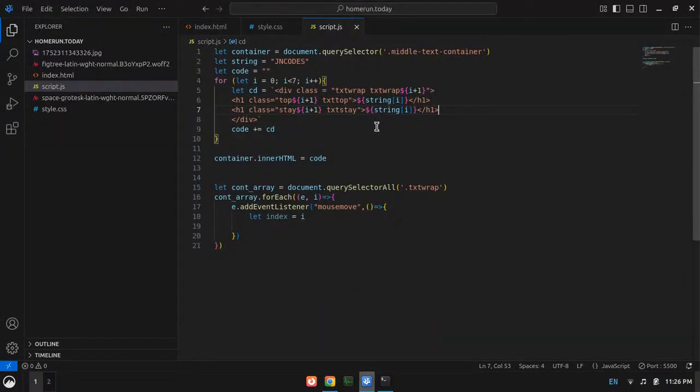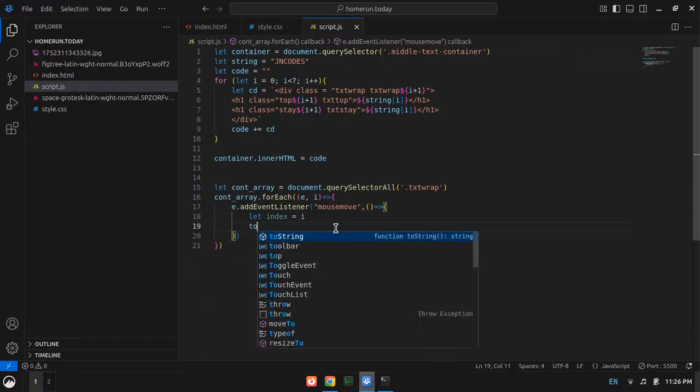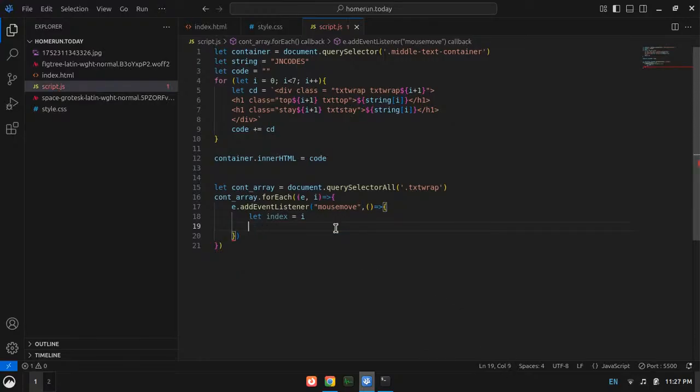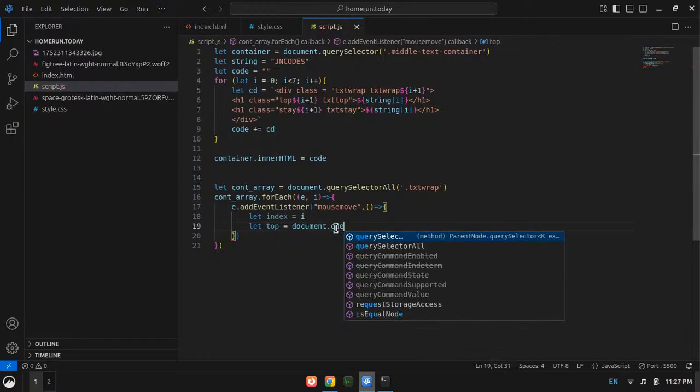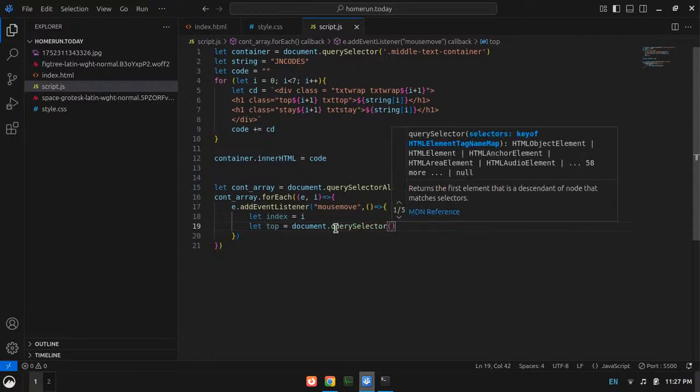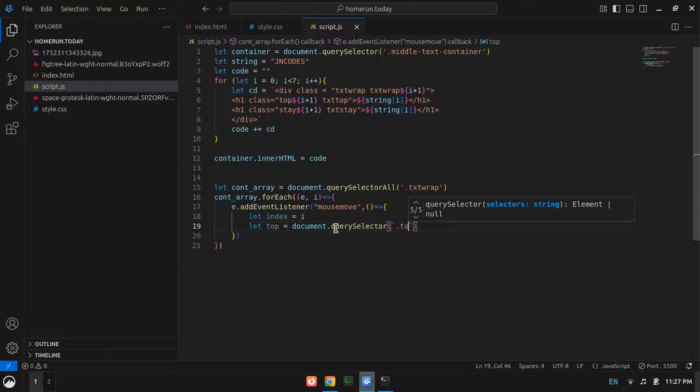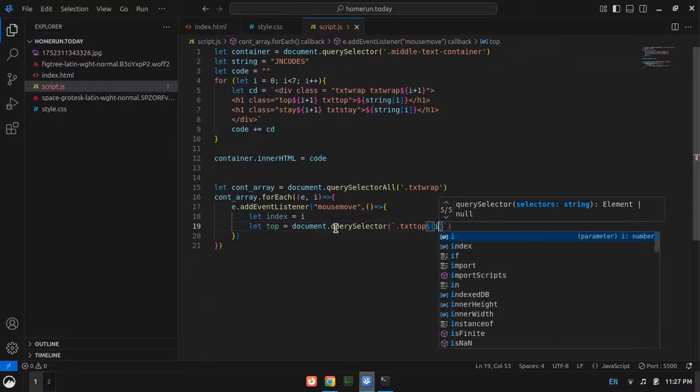Okay, so what I will do is let index equal to I, and then let top equal to document dot query selector, and the thing we are going to do is txt top, and then with a dollar I plus 1.